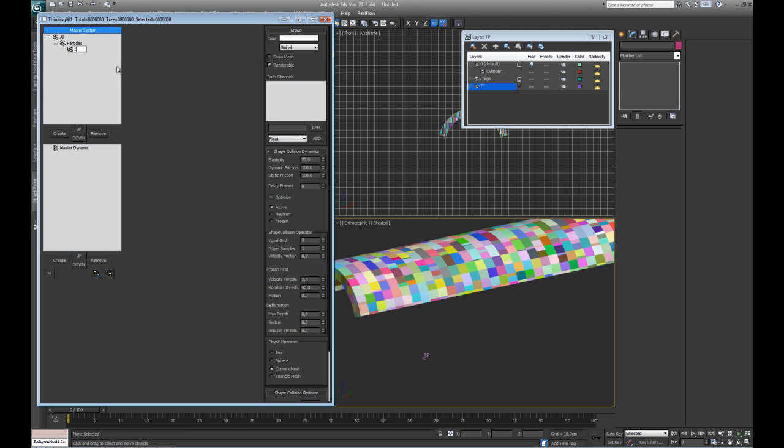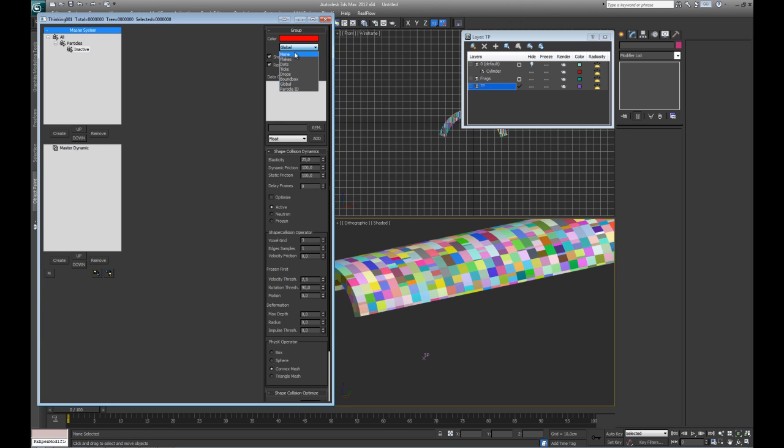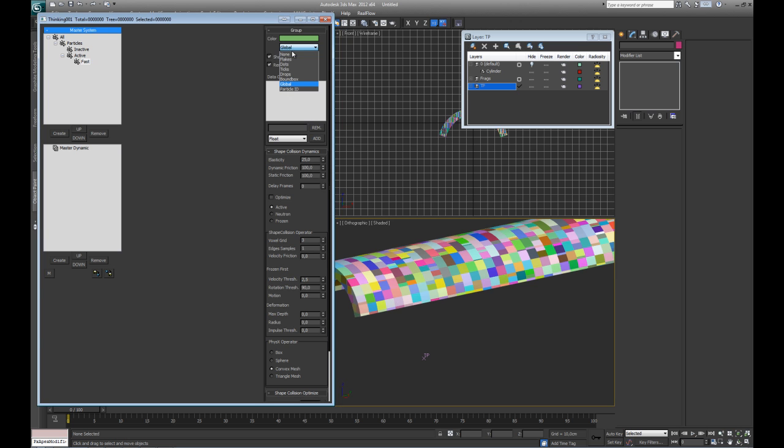Then we're gonna have an inactive group, and let's give this a red color, and say show mesh, and say none here. This is the standard way to show the meshes of the particles. I'm gonna have a new group, and I'm gonna call this active, and under this I'm gonna create a new one called fast. I found that for this effect to look real nice, it's good to have variation in how quickly these things rotate. So I'm gonna have two groups, one called fast. I'm gonna give this a greenish color, and once again say show mesh and none,